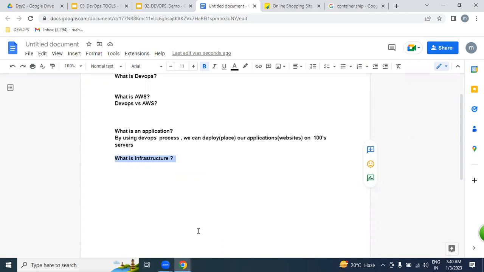For example, to conduct this class, what kind of infrastructure do we require? Laptop, TV, chairs, lights, water bottle, internet, fans. These are all infrastructure we require to conduct and maintain these classes. The same way, for maintaining and deploying our applications, what kind of infrastructure do we require?